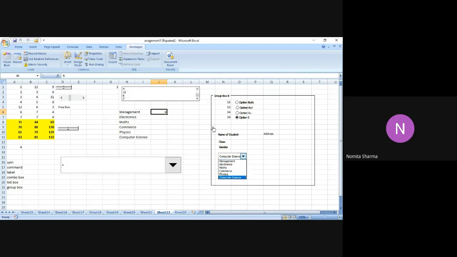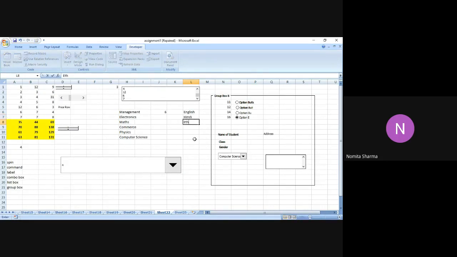Similarly, let me do one more through the list only now. So I say insert, and this time I will be doing with the help of the list. So I say do this, and let me write something over here. So for the list, I say we have the GE options. So we have GE options as English, we have Hindi,